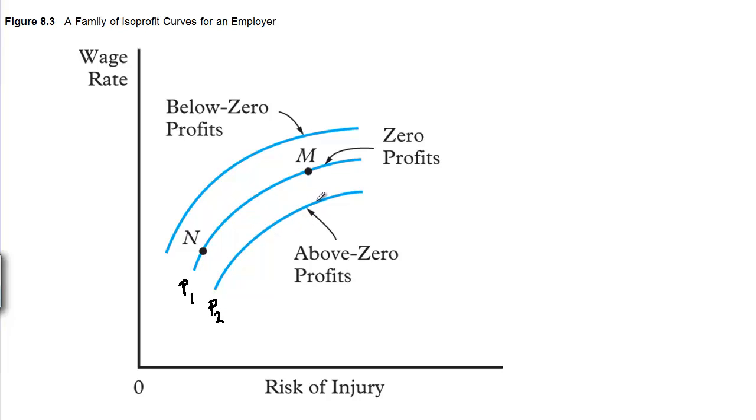Well, the answer is that P2 is a preferred isoprofit curve compared to P1, because at any level of risk, let's say call that level of risk R2, on P2 the employer has to pay W2, but on P1 the employer has to pay